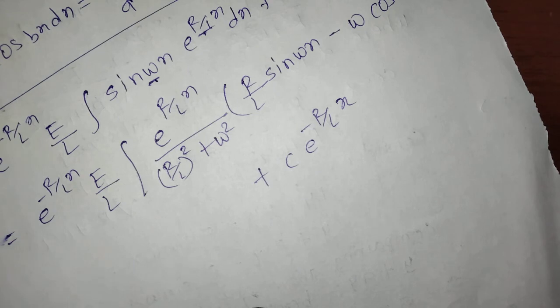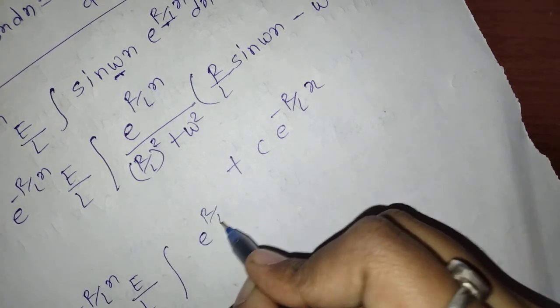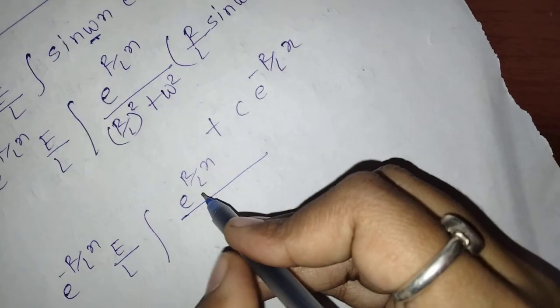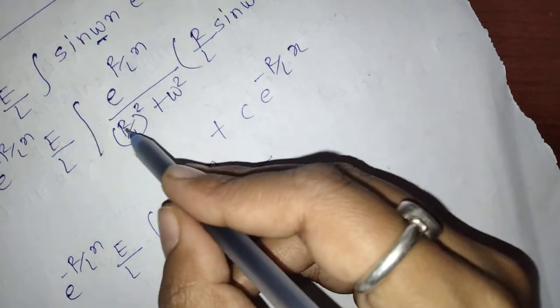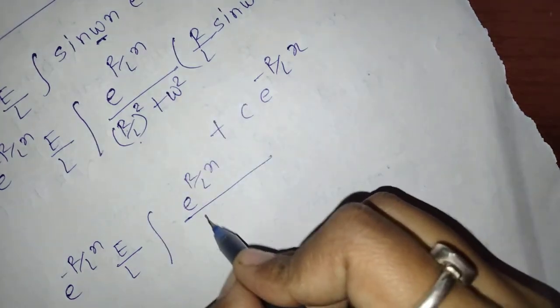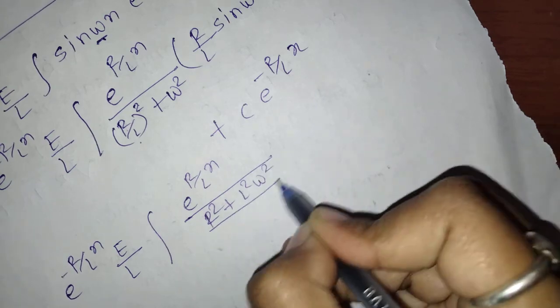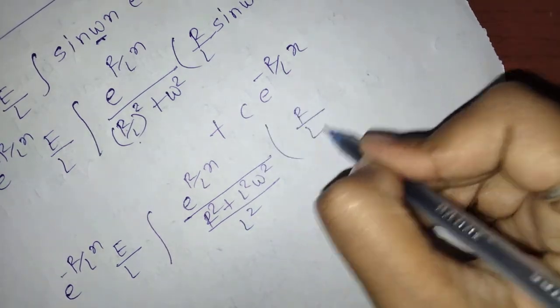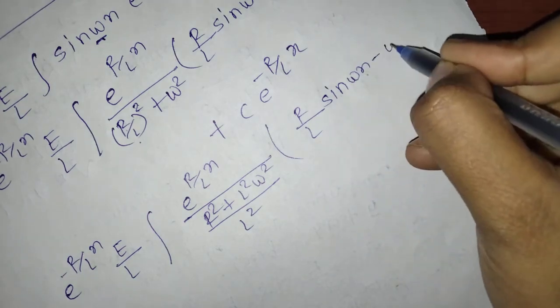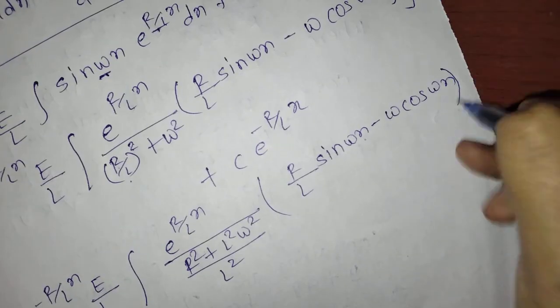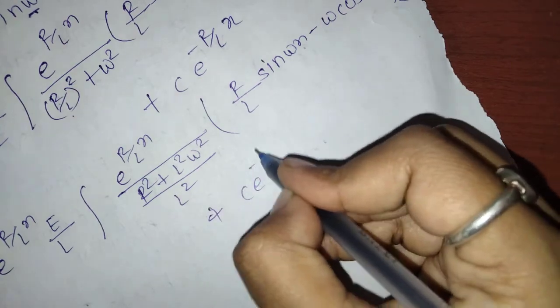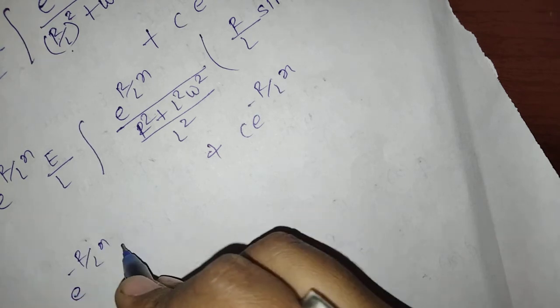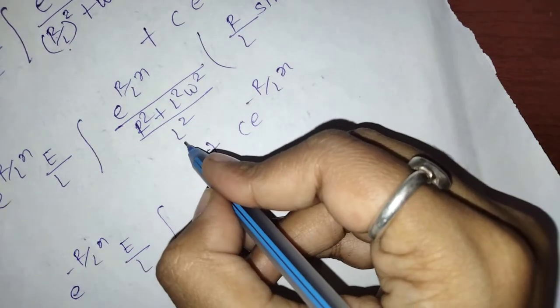Now e raised to minus (r/L)x, e upon L, e raised to (r/L)x upon r square upon L square plus w square, means r square plus L square w square upon L square, and (r/L) sin wx minus w cos wx plus c into e raised to minus (r/L)x is equal to e raised to minus (r/L)x, E upon L square